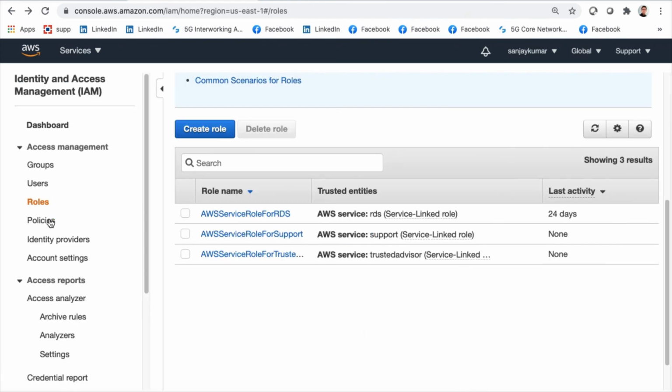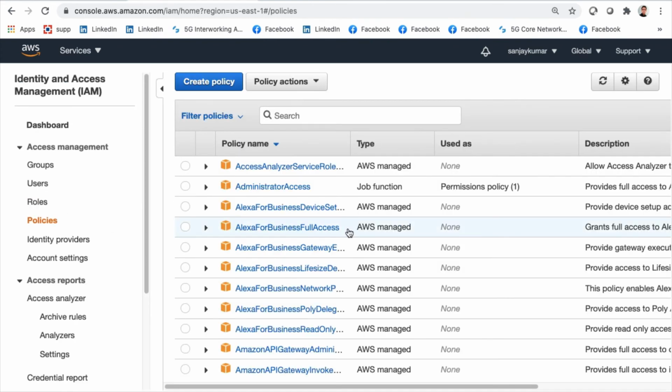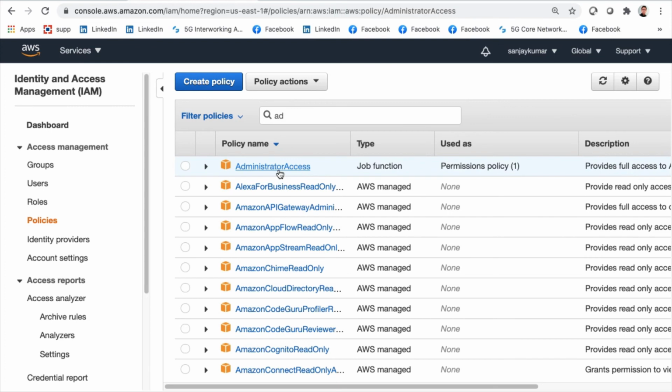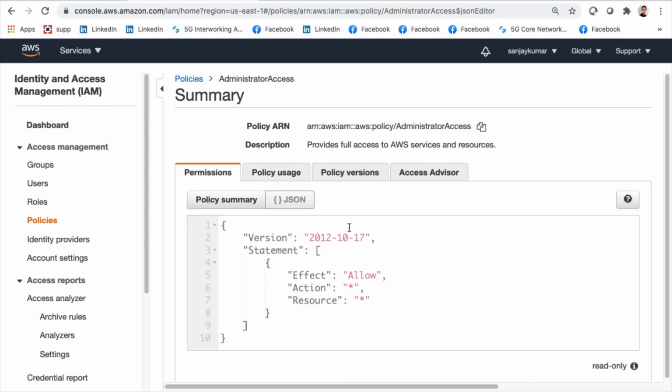Now let's look at the policies. Policies are typically JSON documents, and let's see what policy we have in the administrator access. If I click on this, it shows me the JSON format, which says version, and then statement: it allows everything, action on everything, and resources everything.